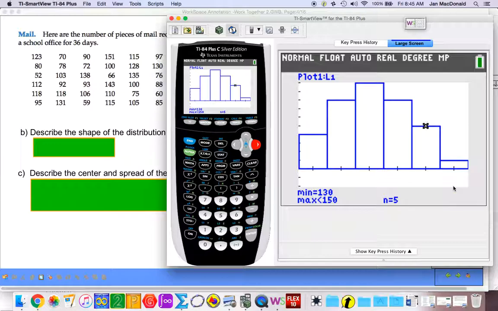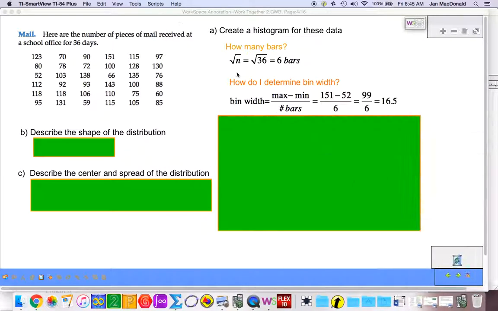Okay, so how are we going to transfer that knowledge onto paper? Now we have this beautiful histogram in our calculator, and we have to be able to recreate it and put it on a piece of paper for a quiz and/or test. And we need to be able to interpret the data that we see in front of us. So let's take a look. We know all good graphs need a title. The axes need